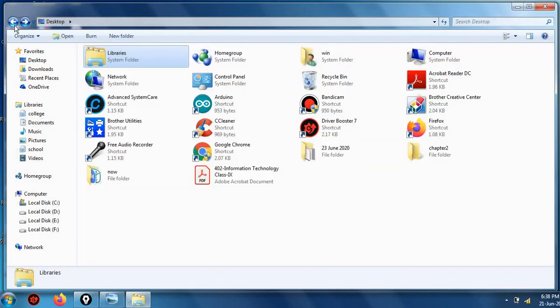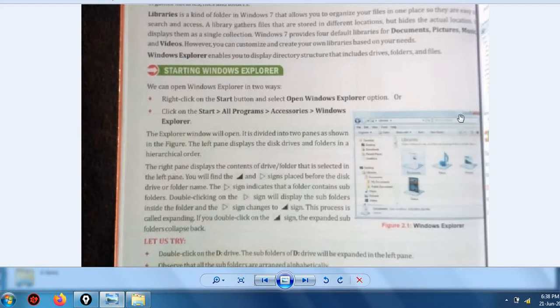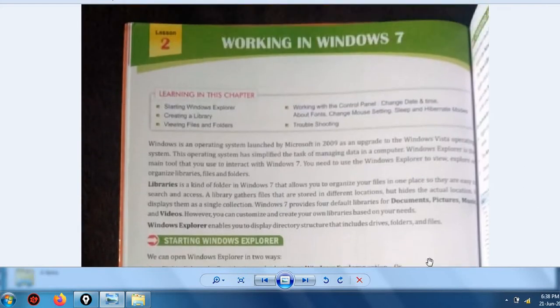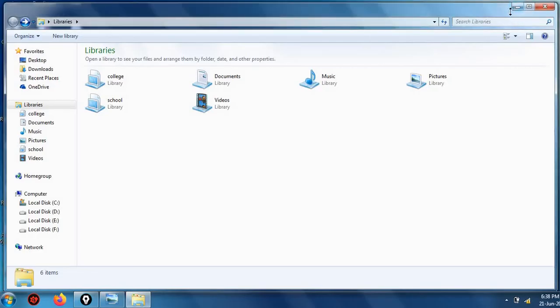So till now, what all topics have we covered, let's see. From your book, we have already discussed what all things are here. Let's see.